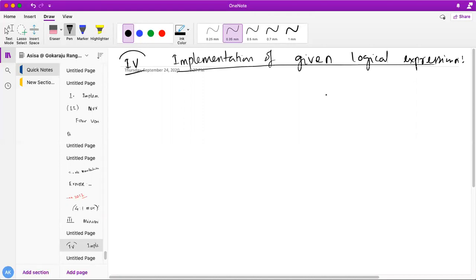So this is again one more different concept: implementing a given logical expression using mux. Let's say my question is, this is also one of the questions, not from GATE and all. This is one of the questions I have taken from digital electronics. Summation of m 0, 1, 4, 6, 7.